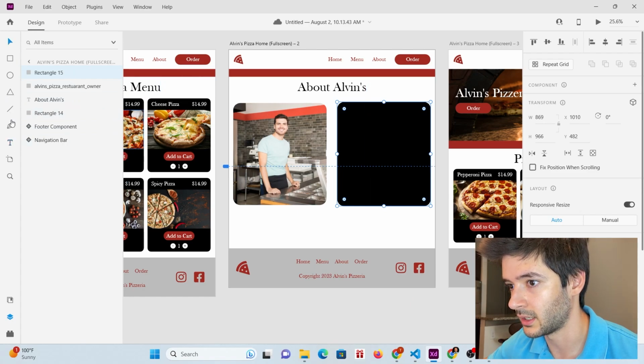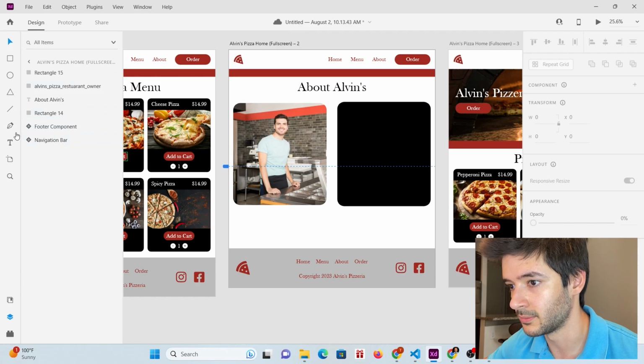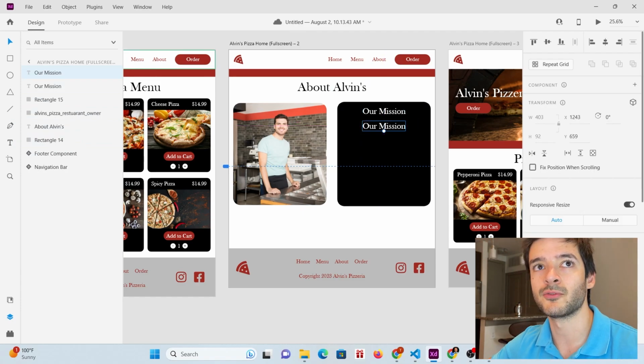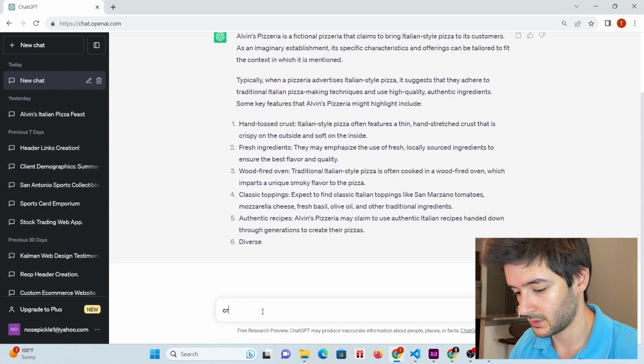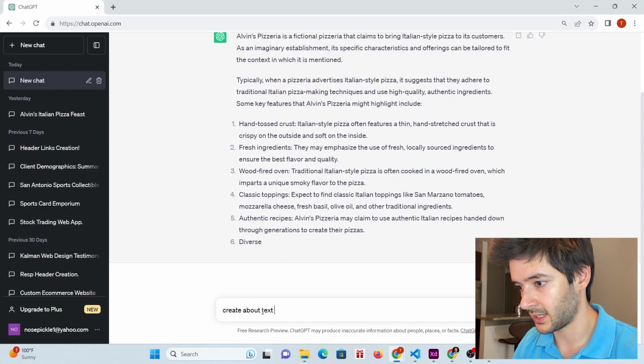So we're gonna go ahead and select our text tool. And now we don't even need to type any of this up from scratch anymore. What I'm gonna do now is go ahead and open ChatGPT. Create about text for Alvin's